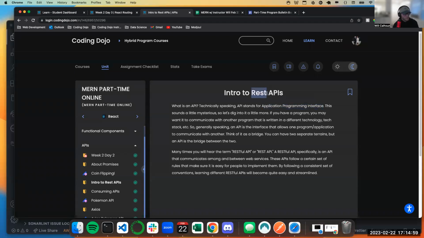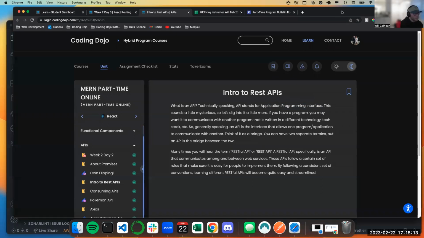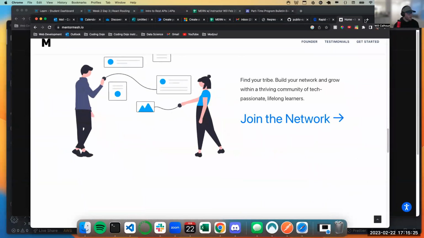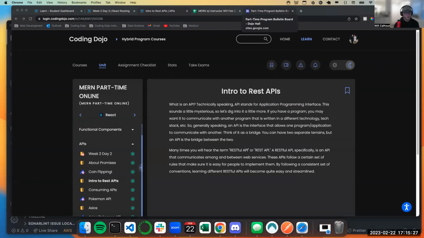Now, what a REST API does, or it's also called RESTful, is basically it has a certain set of rules on how it operates and what you can ask it. And we're going to look at an API here in a bit that might make more sense. But it is a set of conventions or rules, and this is a very popular way to do that, that allows us to ask certain questions to get some sort of information, and it is set in a certain way.